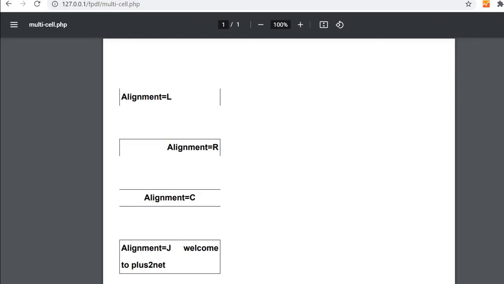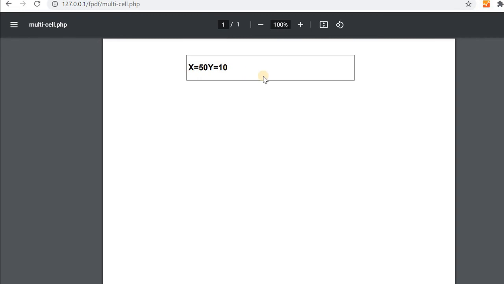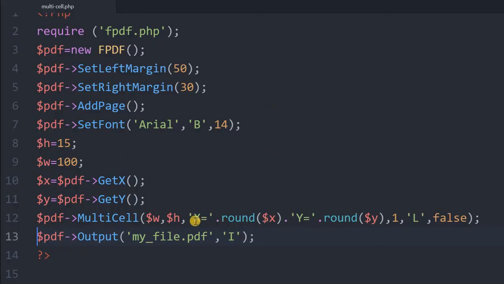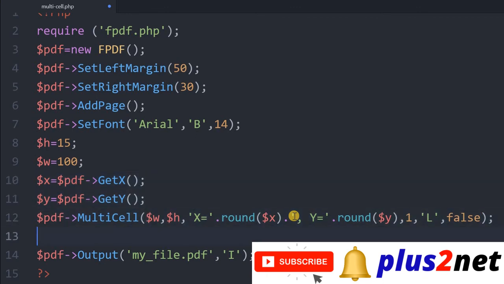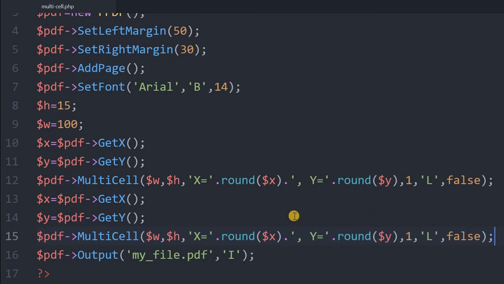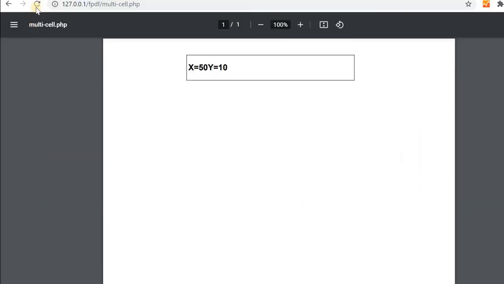Let's see how the output looks. You can see x is equal to 50, y is equal to 10. So slightly we'll give a gap here. Now what we will do, we'll copy this part and paste it here, save it, refresh this.